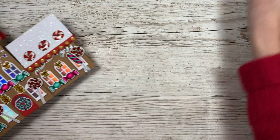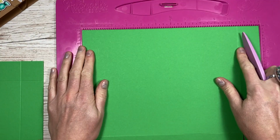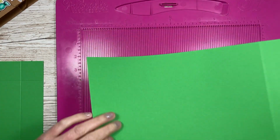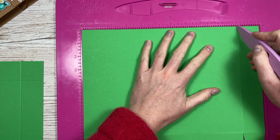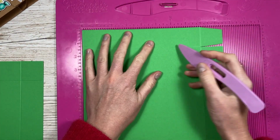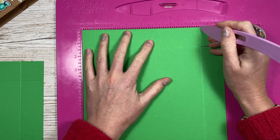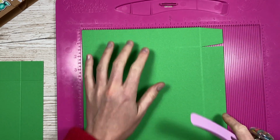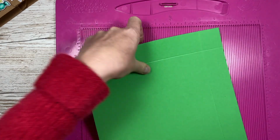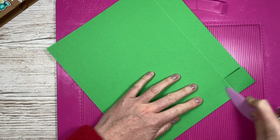So now we can make the bag. So you're going to want 2 pieces of 12 by 9.5, and along the 12-inch side you want to score at 10.5, and then along the 9.5 you want to score at 8. Okay, so I've already done this one. Probably should have done that one there actually, because I've already cut this one. Next, so do that twice, fold and burnish